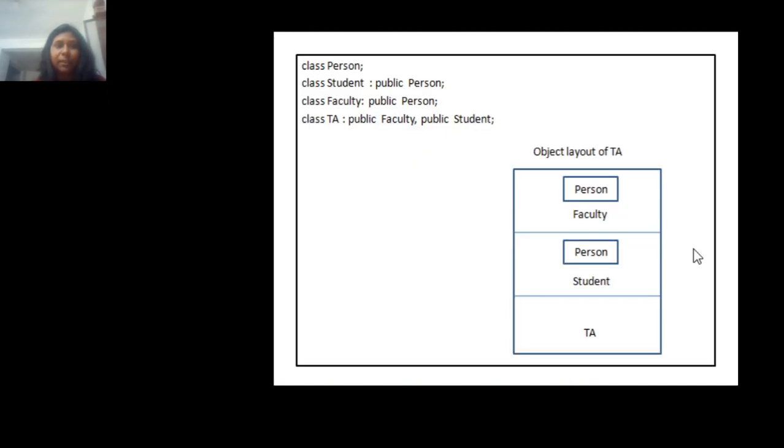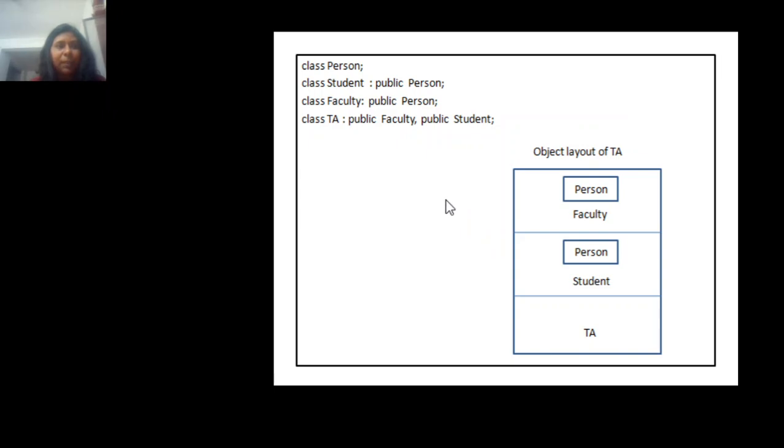So what happens if we look into the object layout of this situation, or this diamond problem? Here we have the TA class as the leaf node, the derived class, and we have two more levels here: student and faculty at one level, and person at the higher level.